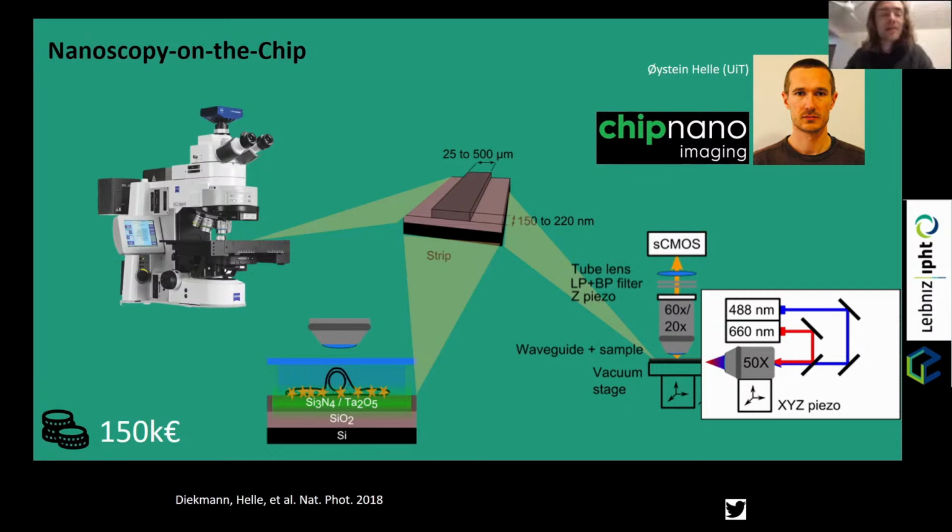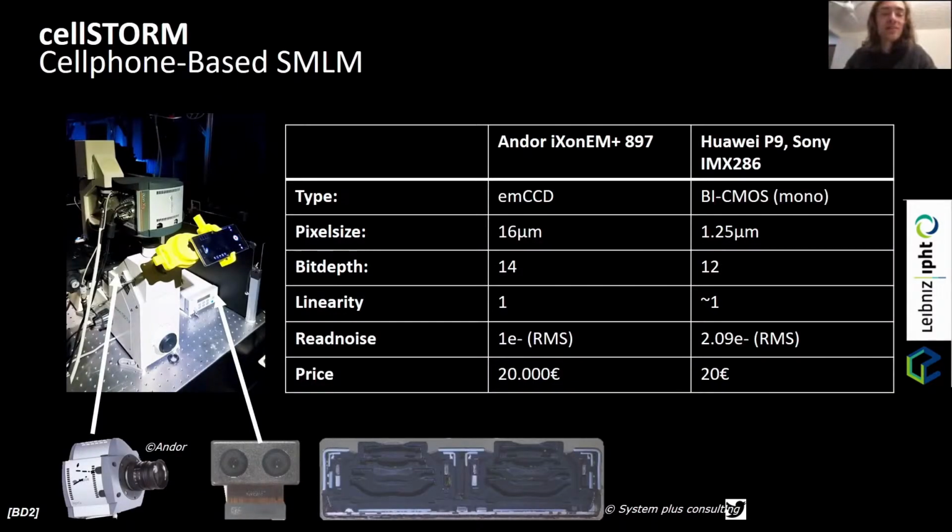First of all, to really realize super resolution microscopy, you also have to have a look at what the most important aspects are, where we can save money and also scale it up so that everybody has access to it. As I said, the camera easily costs between 10 and 20,000 euro. In this case, it's an EMCCD from Andor. The first naive approach was really just to replace this camera with your cell phone. We attach the cell phone to the eyepiece, and what we then try to do is capture dSTORM data,